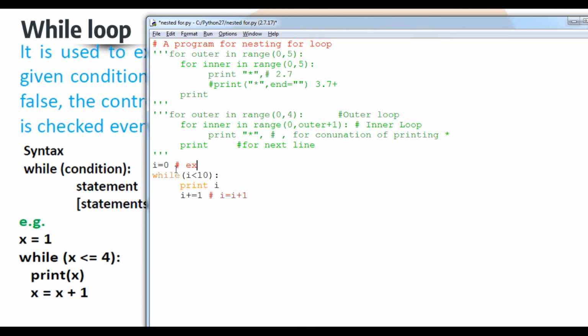First, this is known as expression 1. Expression 1 is considered initialization, that means some value is going to be stored in a loop variable. The second one is expression 2. Expression 2 is considered the test condition, where it checks whether the loop will exit; the result will be true or false. And this statement is known as expression 3. Expression 3 is the updation of the statement.